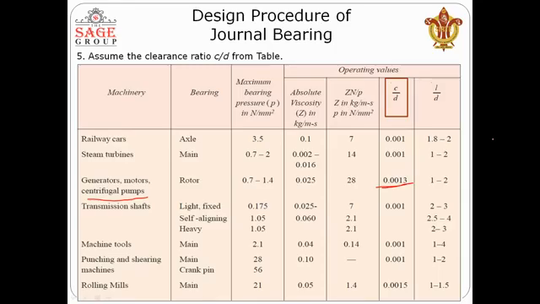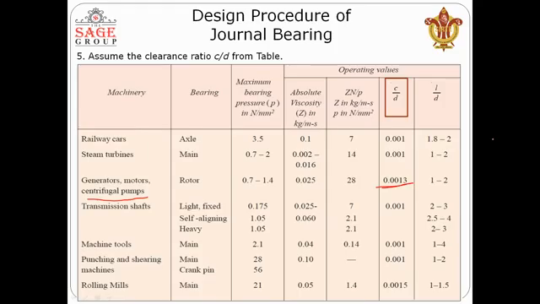So bearing pressure is given, and absolute viscosity is given in centipoise. The bearing pressure is given in kgf per centimeter square. So in these cases, we have to convert the values and then use them. But in the Mahadevan Reddy design data book, the values are given in SI, and the C upon D ratio is also available. So if you are using the PSG design data book, please go through this C upon